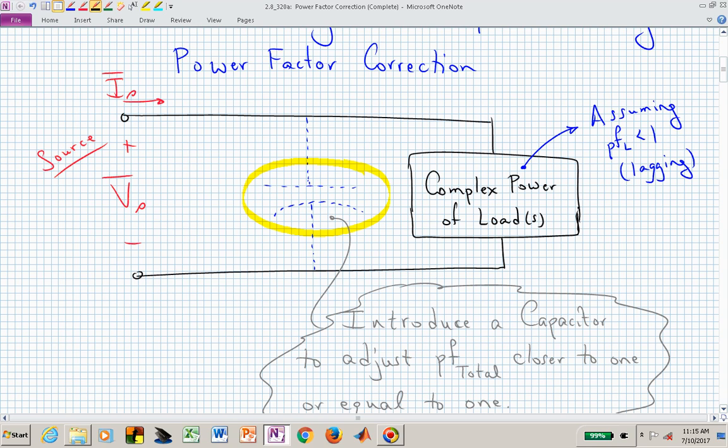We're assuming that all of the loads in the black box have a power factor that's less than 1, and that it's an inductive load, so that we have a current that's lagging in that portion of the system, and we want to not demand as much current from the power company, or we want to reduce I sub S bar